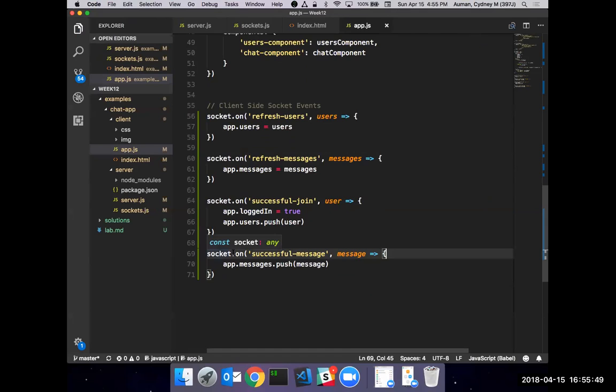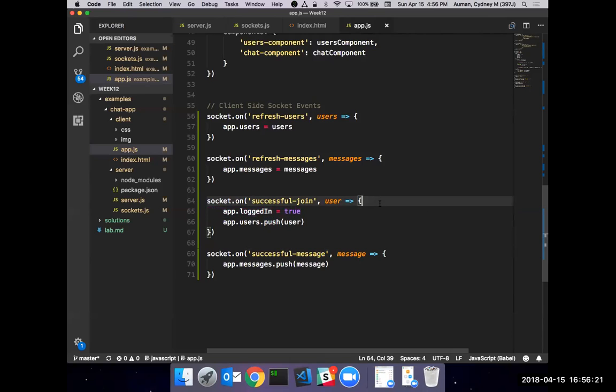So we want the socket, when we join, to understand who I am. Every time we get a successful join, we need to manage who I am versus somebody else who just refreshed this socket. So this approach is saying, on a successful join, this person's logged in. Because you have to remember, everybody's coming into this instance, and we don't just want everybody to be logged in as true.